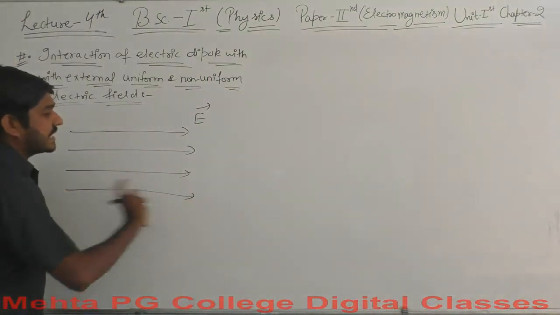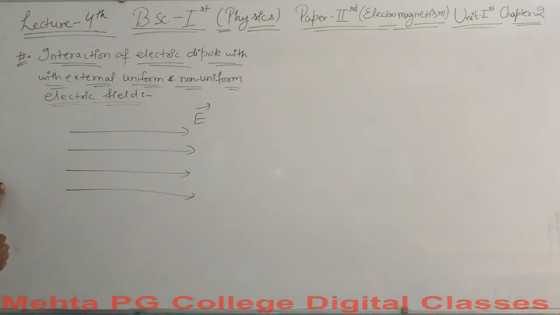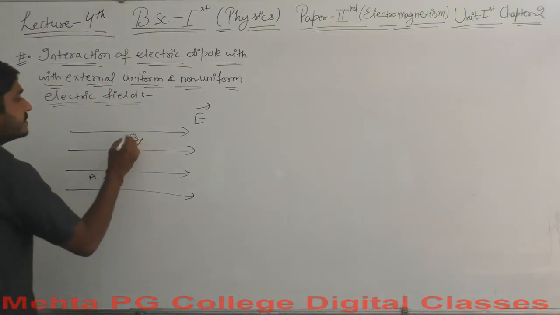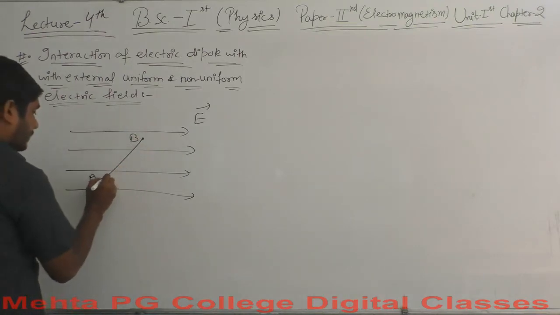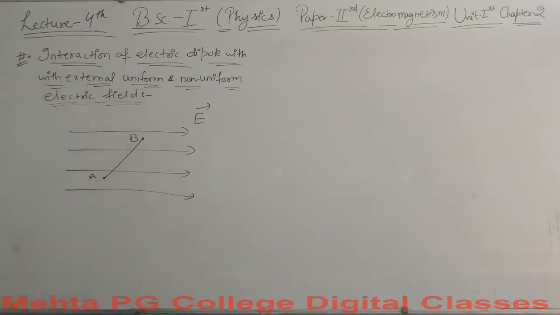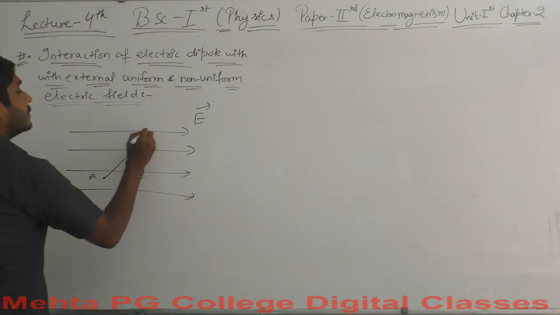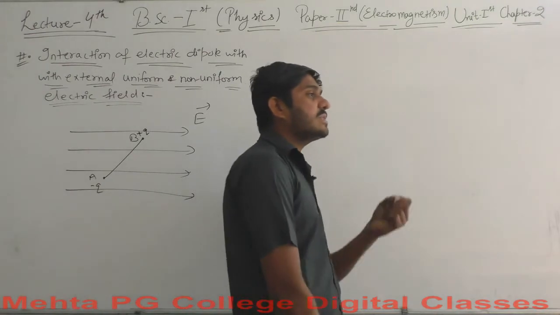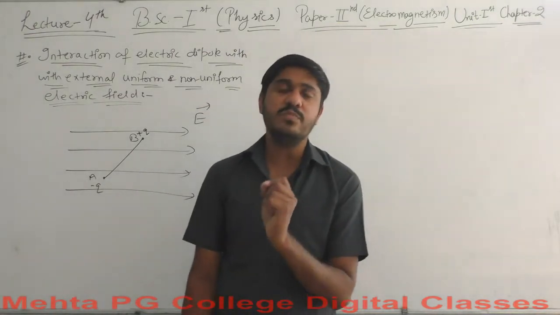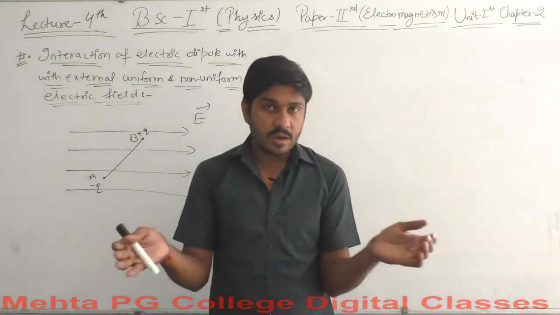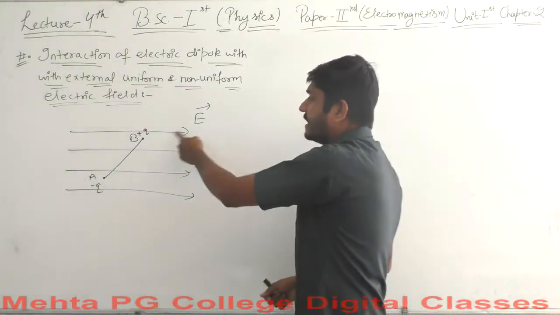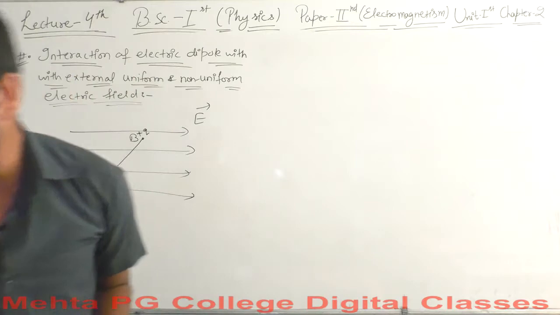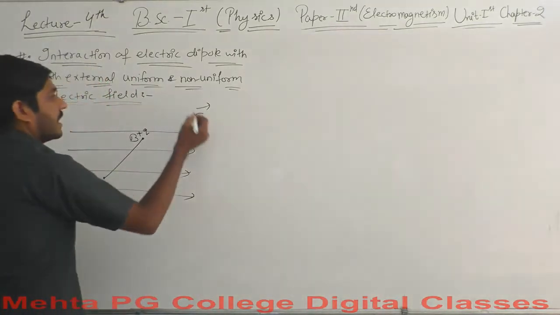These parallel lines show the electric field, and let's say we put a dipole within this electric field. Let's say this is the dipole AB. At point P the charge is plus Q, and here is the minus Q charge. If any charge is here, then there must be some force acting here. Let's say this is the Coulomb force, because if there is an electric field and a charge in it, then the force exists. Let's say the force that exists is the Coulomb force.